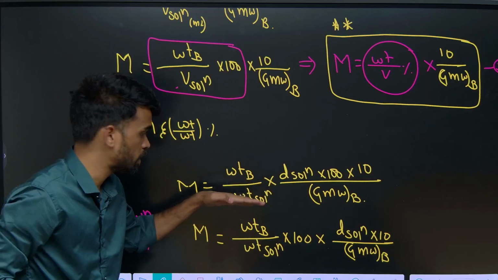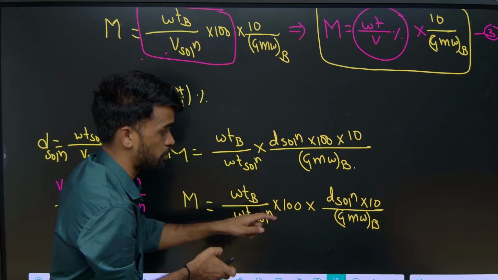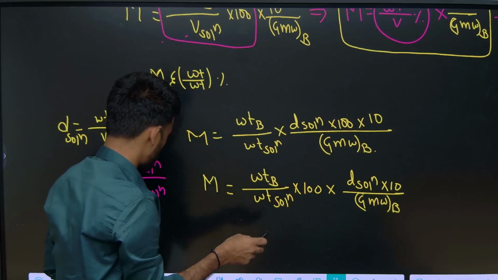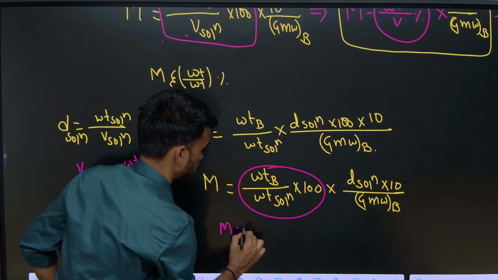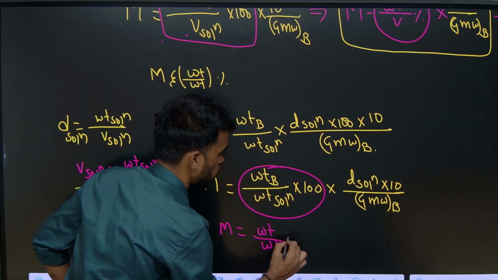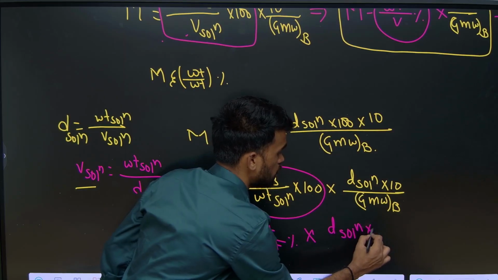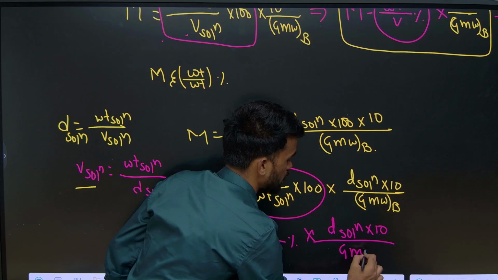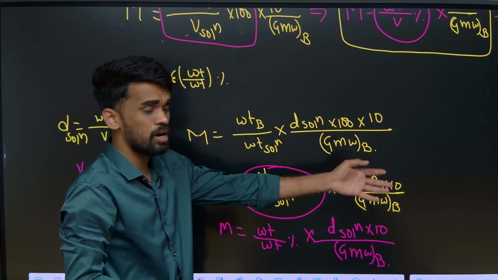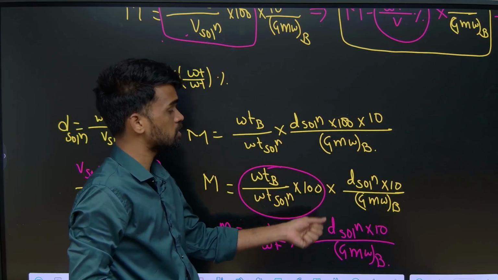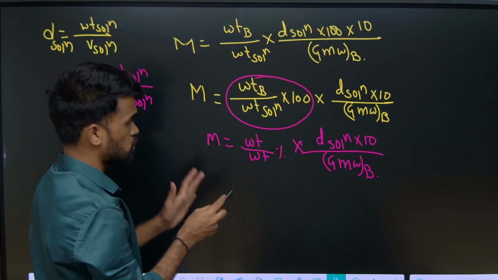I hope you are clear how we are getting this. Weight of solute by weight of solution into 100 is nothing but weight by weight percentage. I hope this is also clear. And into density of solution, into 10 by gram molecular weight of that particular solute. Why am I giving all this derivation? We have many formulas like this, and based on them we have many questions in the PYQ books. So these two things you have to remember.